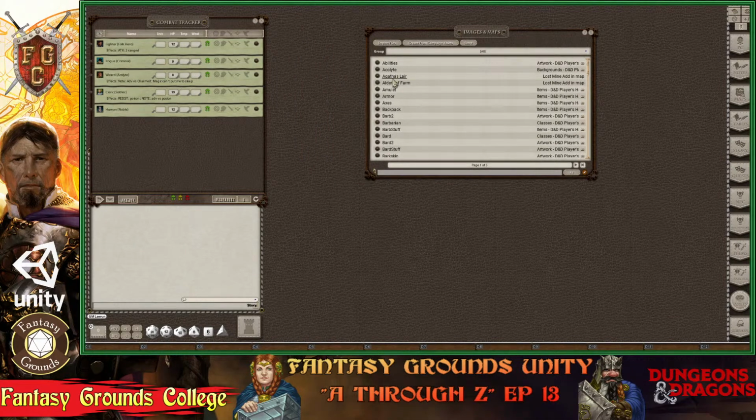What that does is it allows you to easily get tons of maps or a bunch of assets pulled in at once. So when it says create from campaign assets, that means that on the outside of Fantasy Grounds, you have already put in all your images, and now you want them to be in Fantasy Grounds and not just in the assets folder. So if I go to the assets folder,